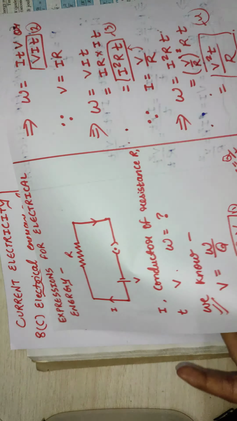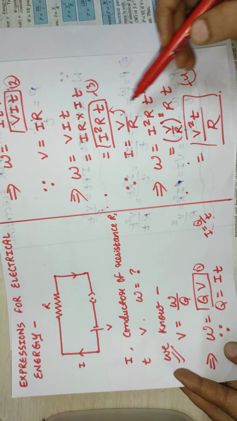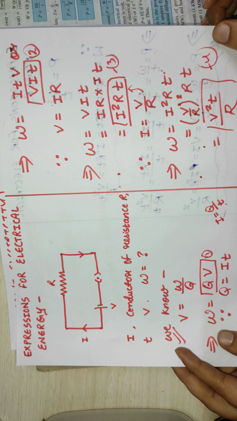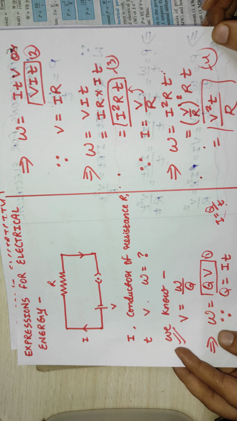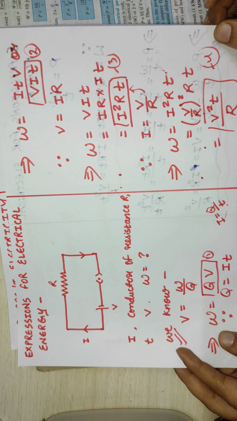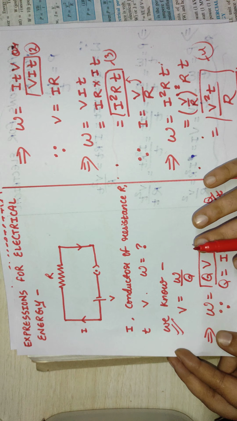Earlier we have studied different formulae for measuring the electrical energy. There is a difference between energy and power. Power is the rate of doing work, or the rate at which the energy is consumed. Okay, clear with this?